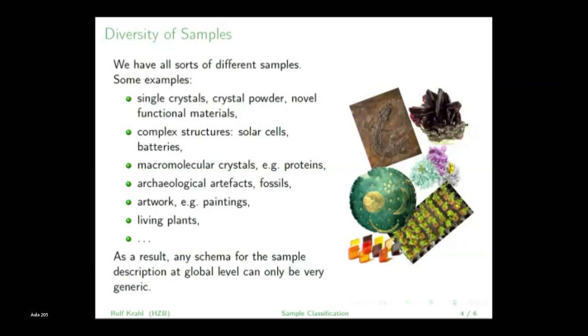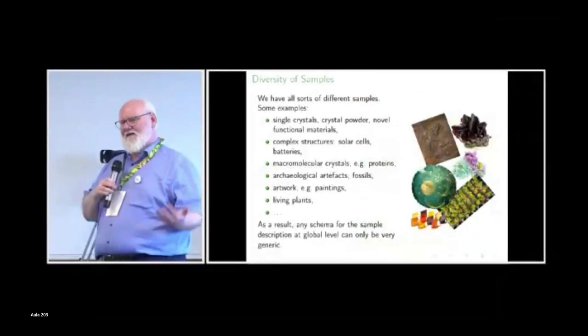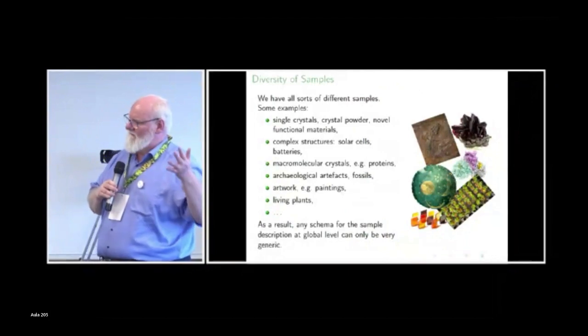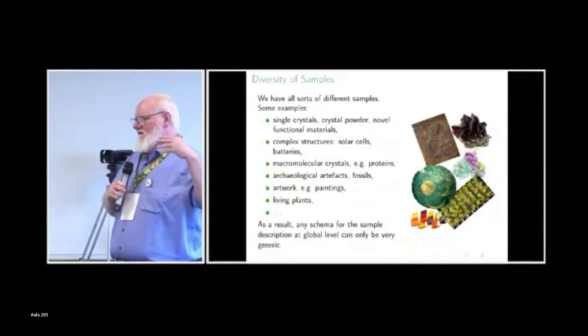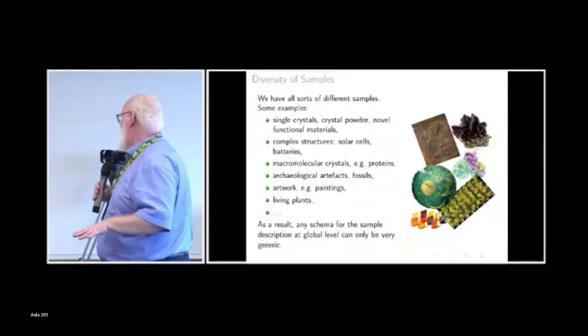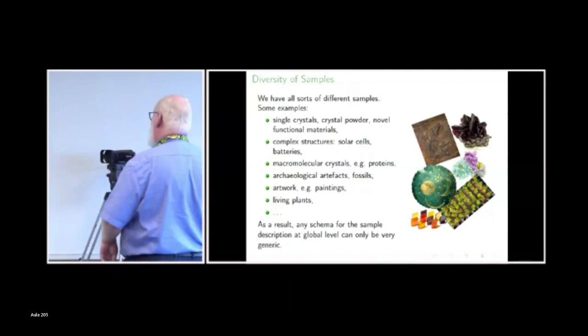In general, you can say every single object that may be subject to a scientific investigation and that is small enough to fit on a truck to be moved to our facility may eventually pop up as a sample in our facility. And that means it is very challenging to have one description scheme for all these samples because there are so many different sorts of things that you will not be able to formulate a metadata standard to describe that. So we need a different approach. Next slide.